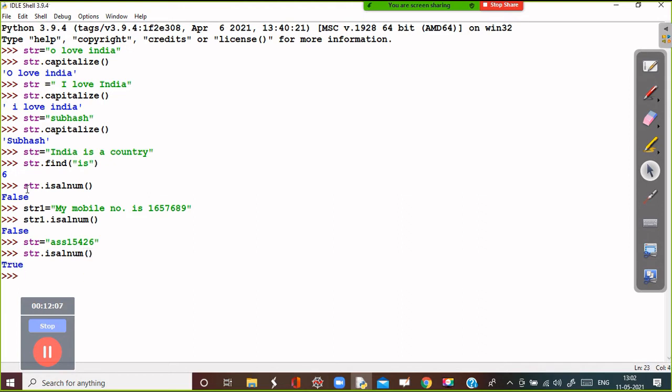You can get here true, because in that string there are some letters, some are alphabets and some are numerics, so it is true. But in that sentence there are a number of strings, and one string is having the dot symbol, so it is giving false. But if a string consists of alphabets or numbers, then it will give true.